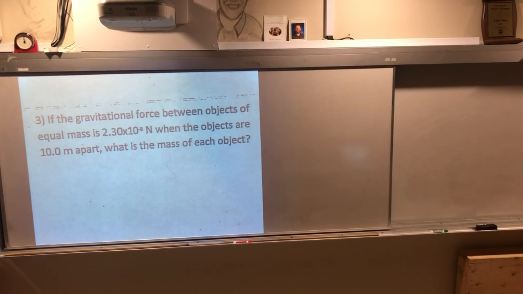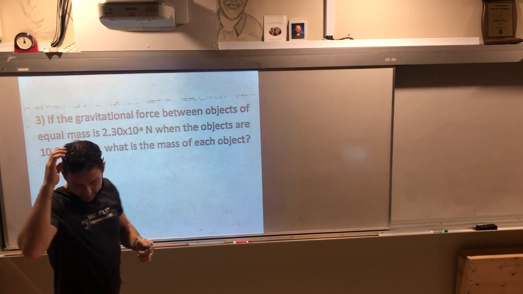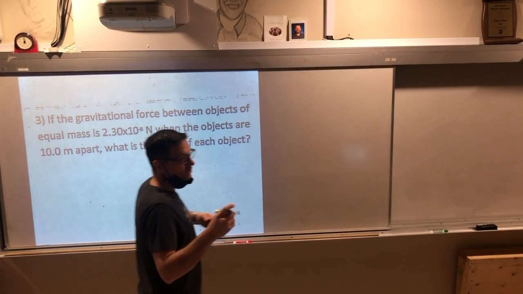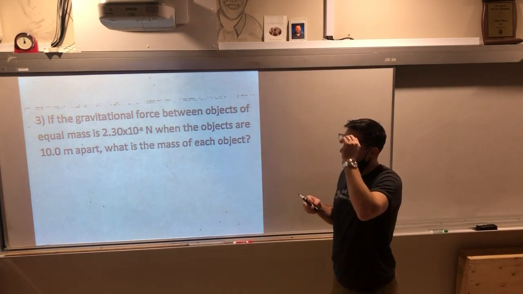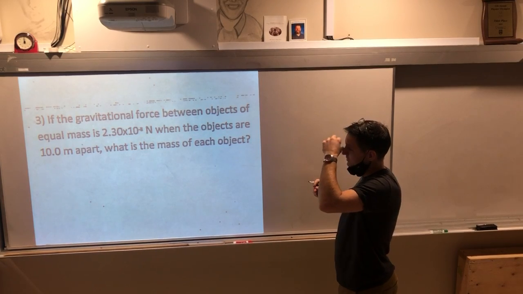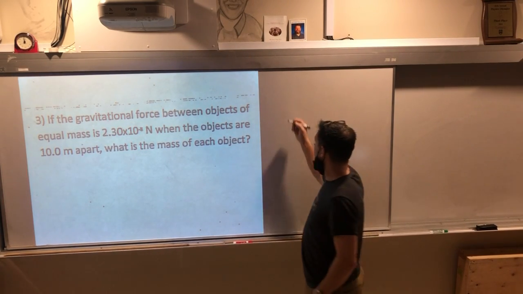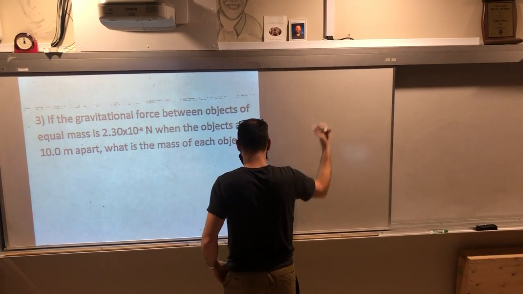So Newton's law of universal gravitation, and this is number 3. I'm not going to do the number bit because you all know how to use a calculator; if you don't, come and see me. But let's do the formula bit. So the formula to start with is